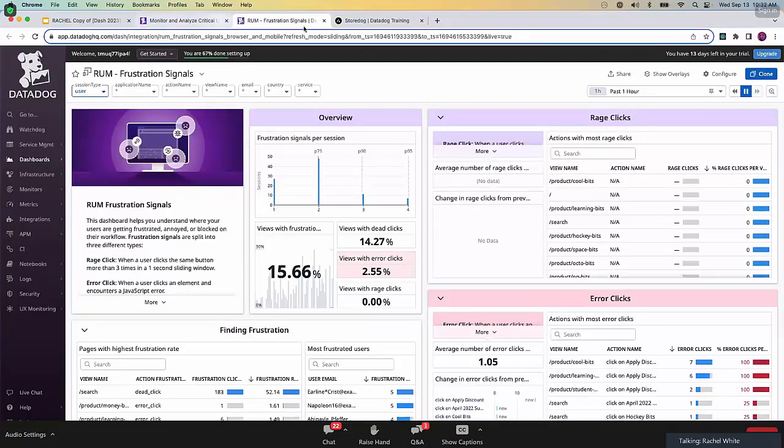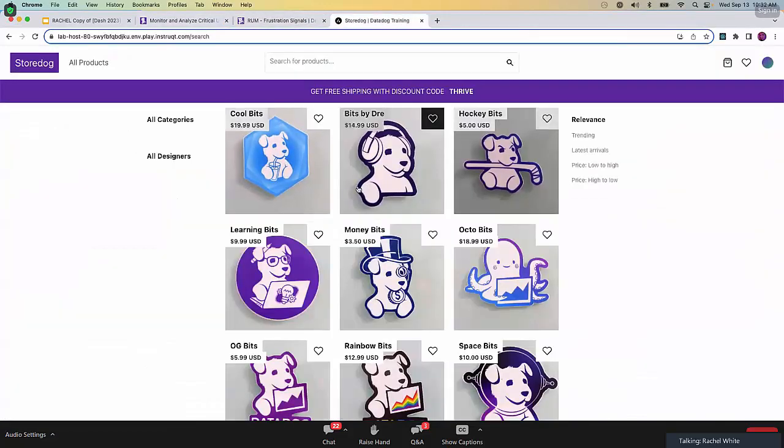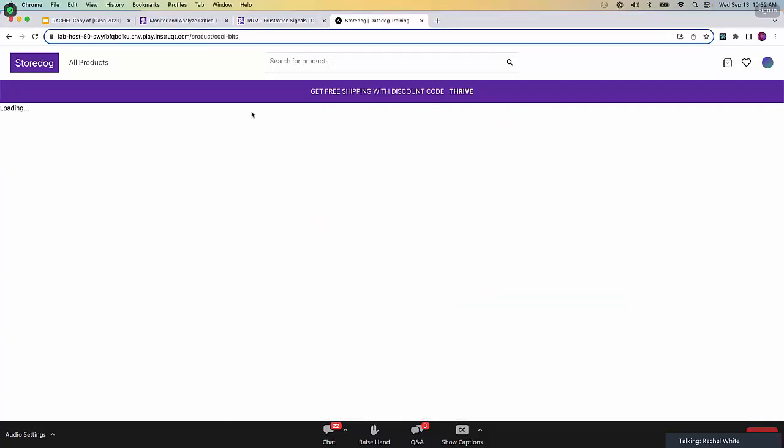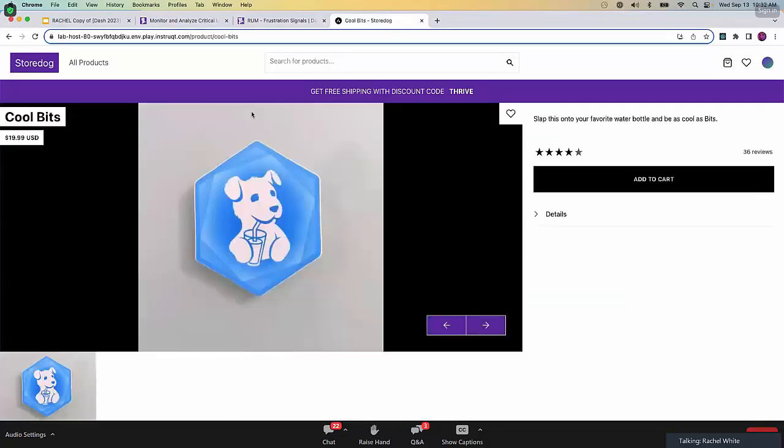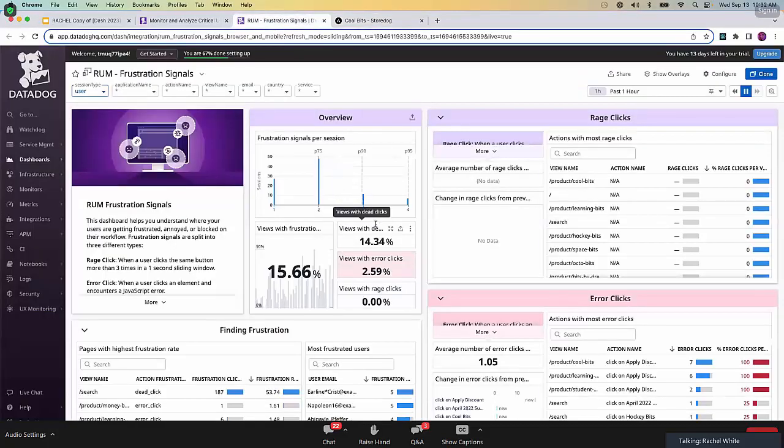And one thing to notice about these products, if I click on the image, it doesn't work. But if I click on the title, then I can get into my product. So I'm like, all right, there's an issue there. So now that we're back on the frustration signals dashboard, we are going to go and take a look